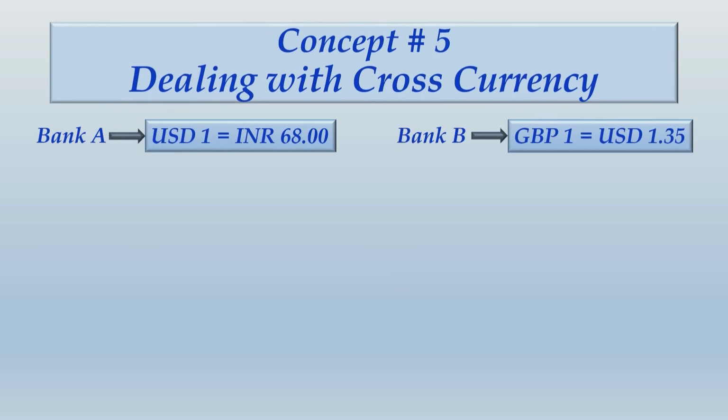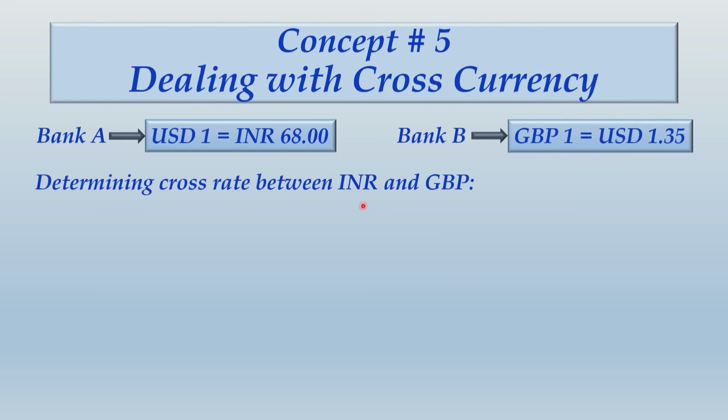Now my requirement is, if I want to buy GBP and what I have to provide in exchange is Indian rupee, that means I am interested in buying GBP but I have Indian rupee in my pocket to pay in exchange. I have a need to establish an interrelationship between INR and GBP, and that is where cross currency calculations get involved. So how to do this? Let me first explain you mathematically and then we understand the same thing logically.